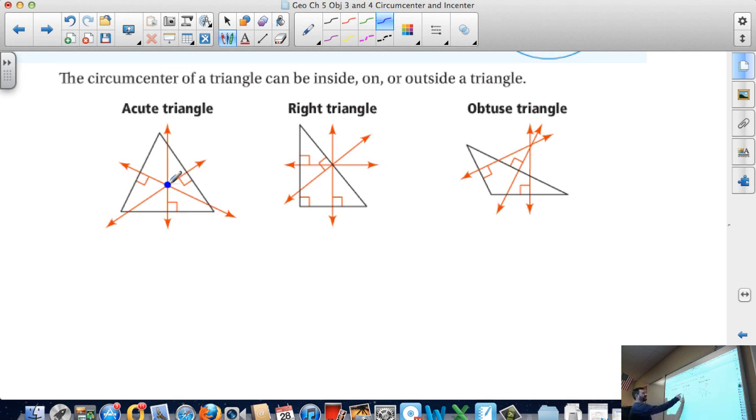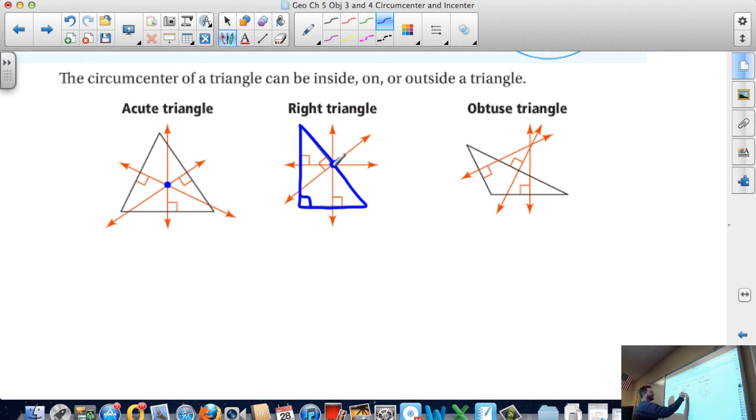When you've got a right triangle, in which we have one angle that's exactly 90, we've got a right triangle here with our one 90-degree angle, and we find the circumcenter, the intersection of the three perpendicular bisectors,